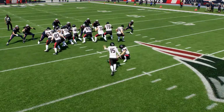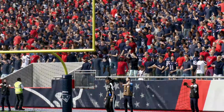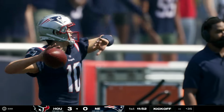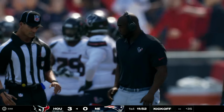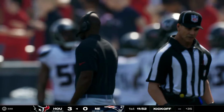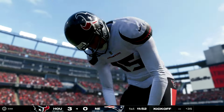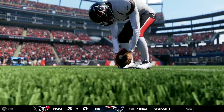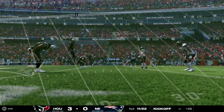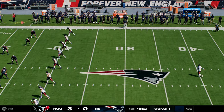Fairbairn's kick is good. And the Texans are out to an early 3-0 lead. A lot of times as an offensive player, you come off the field, you're not thrilled to end a drive like this with a field goal. But I think in this case, you can label it a success. You were able to operate your offense. You were able to quiet this crowd just a little bit and come away with an early lead. Three points on that opening drive. We'll see the response